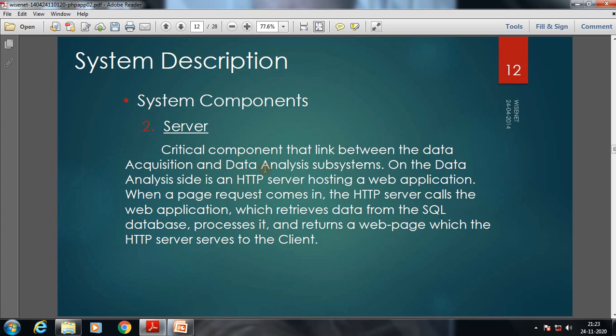It means the server is the point where the stored, recorded or monitored data will be saved, and from that server part the analysis of the data is started. So the server works as the link for data acquisition and data analysis. Okay, on the data analysis side,